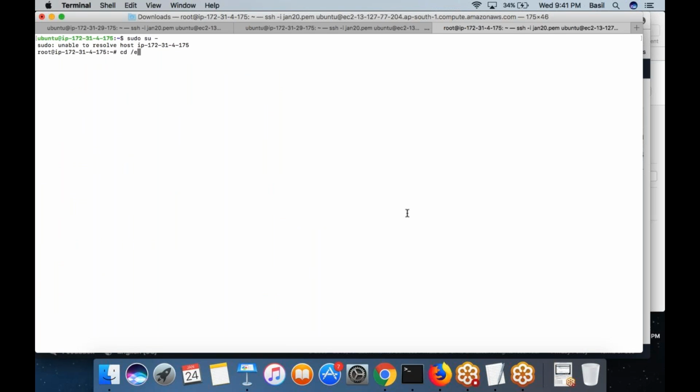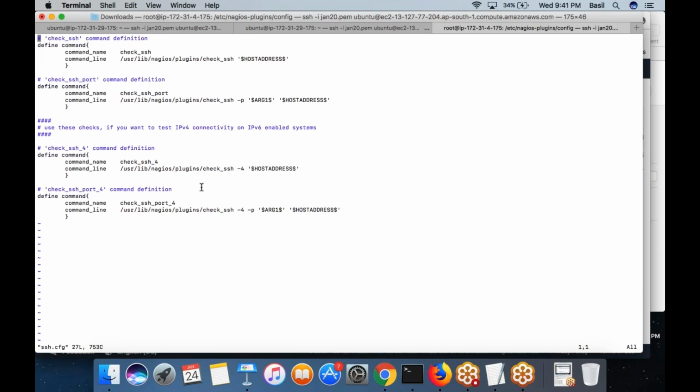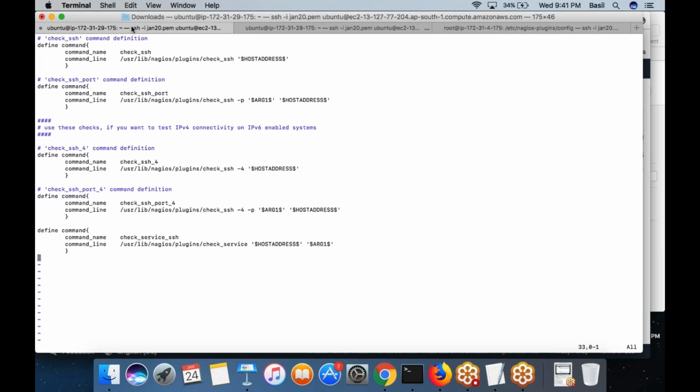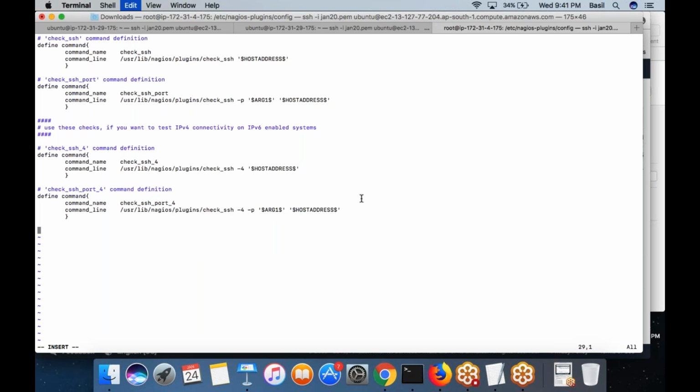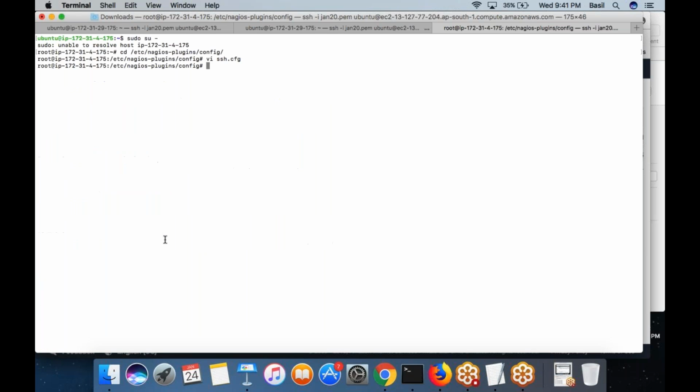Okay, it is the Nagios plugins config folder. Open ssh.cfg. You can see there are a number of command definitions. Okay, so I defined this command. Now I am going to define the service.